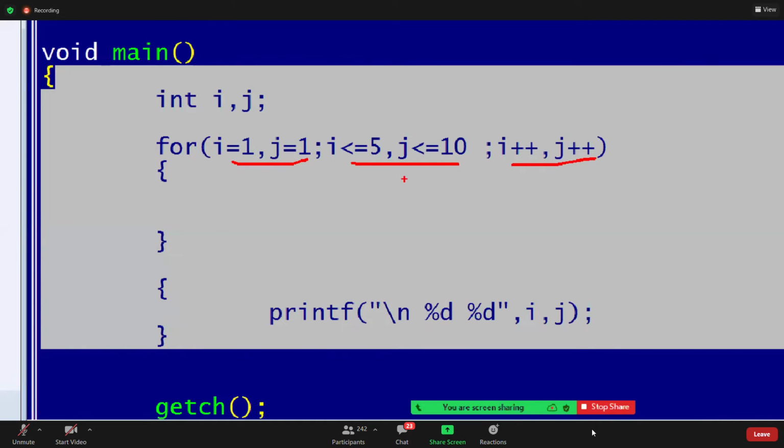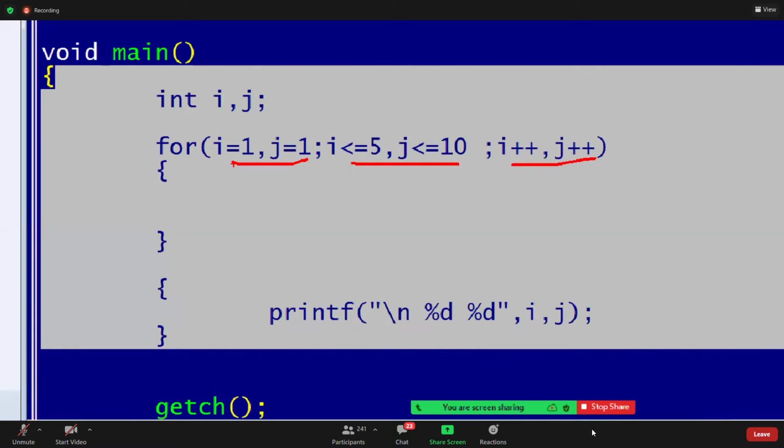When you write a comma, what is the meaning, guys? Suppose you want to write two conditions. For example, if you want to write two conditions, a logical and should be there, but if there is no logical and or or, then it considers that you want to write only one condition. That is the meaning. Then it acts as a comma operator.